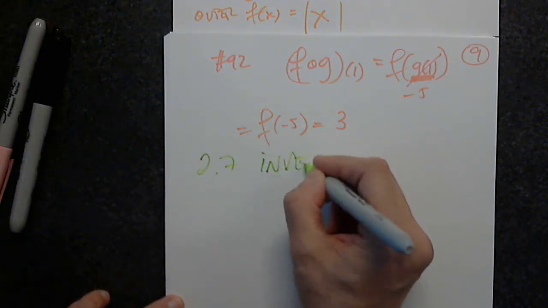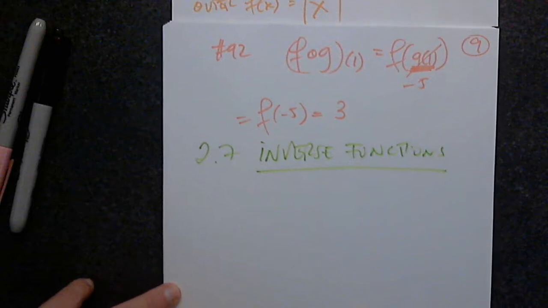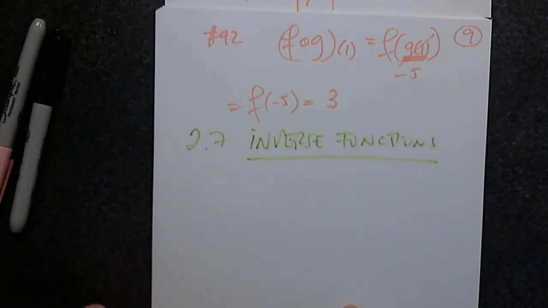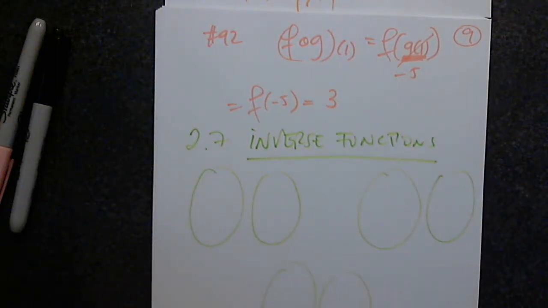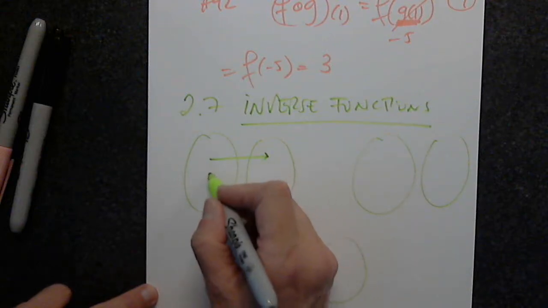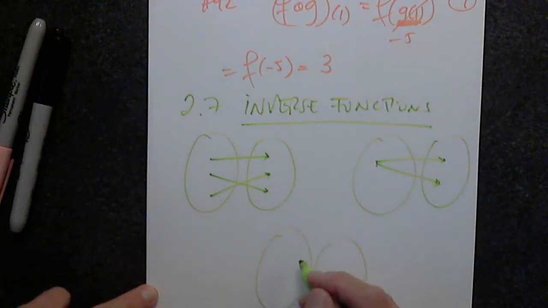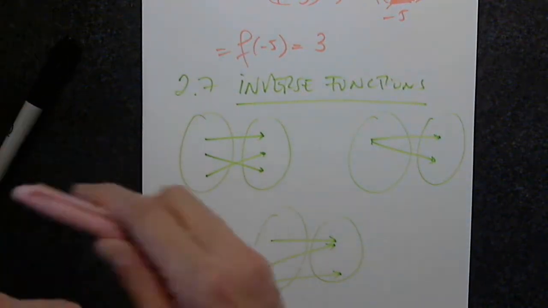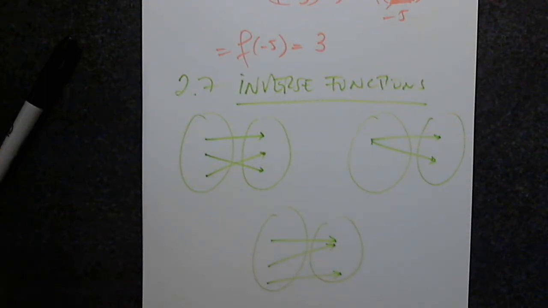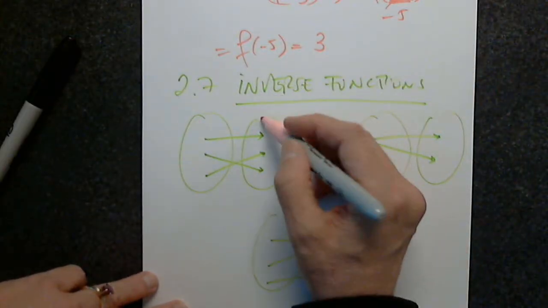Inverse functions. When we started functions, chapter 2, we looked at 3 sets of bubbles. This was one set. This was another, something like that. And this was another. What do you think about this? What did we say about this one? Function or not? Furthermore, if I want to go back, it's still a function. So this is a function